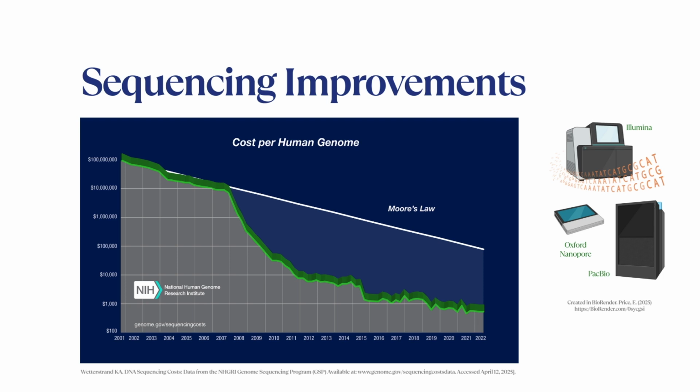However, the next generation sequencing revolution hit in 2007 or 2008, and you can see that the cost per human genome plummeted from about $100 million in 2001 to about $1,000 per human genome today. At the same time that the cost of sequencing was coming down, the throughput of sequencing increased rapidly. This enabled multiple high quality genome assemblies per species, allowing us to sample multiple individuals and the variation that they